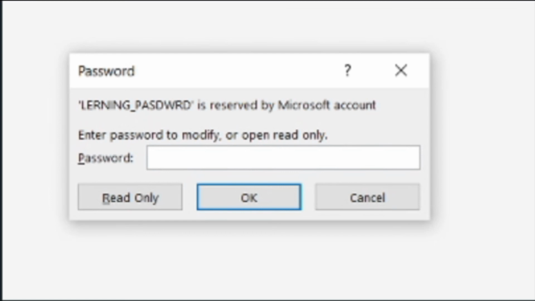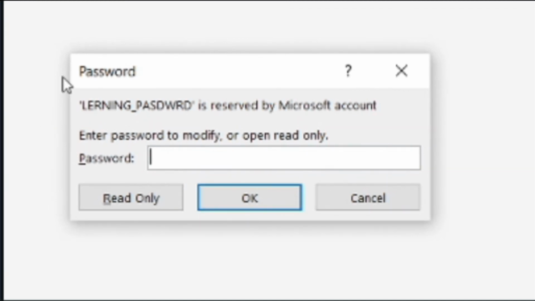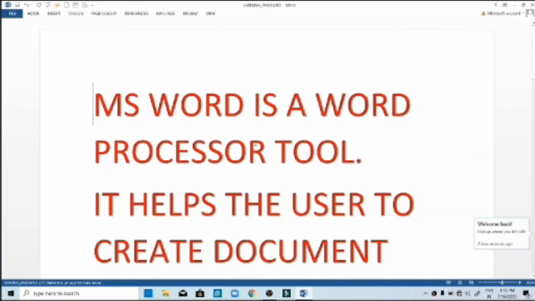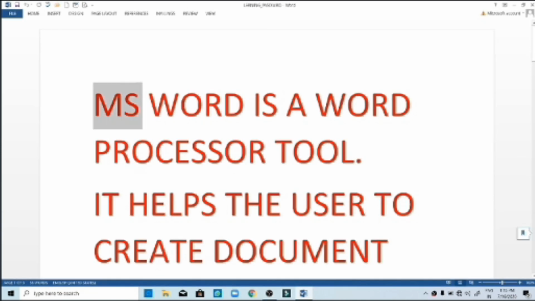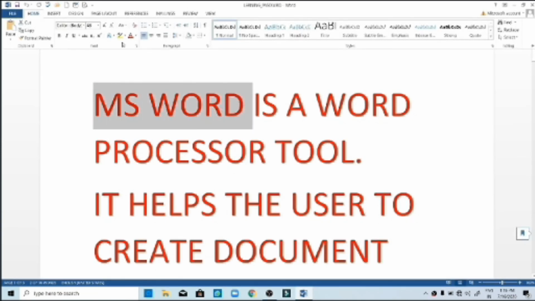So now I will not select it. Why? Because I have seen if I click on read only, it will only allow me to read, but I cannot change the document. So now I will type the password. Let me type the password and click on OK. See, this window appears. Now see the look and feel of the window. Before, when you selected read only, it was the read only file view, correct, where you can see two pages side by side. Now this is the normal view of your Word file.